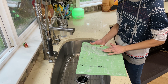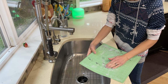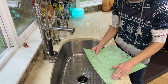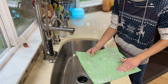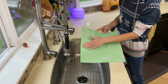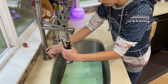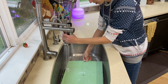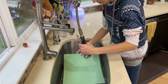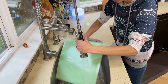Again, you can use a little bit of a brush, but I would be careful not to use your nail. And you can repeat if necessary, but a lot of this is already, you can see, coming up with just rubbing on it. Okay, so after I get all of the particles all loosened, now I just stick it in your sink and just use this sprayer. And you can see it's coming off nicely. Get the soap off of